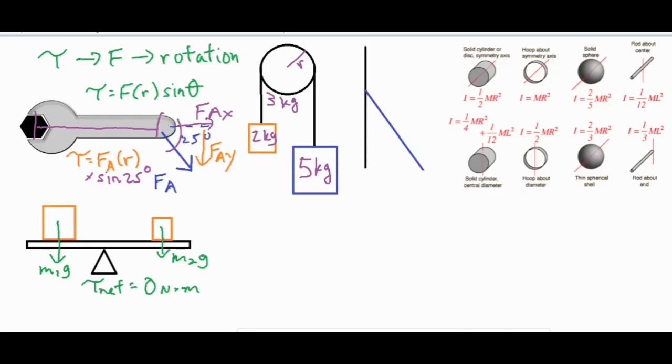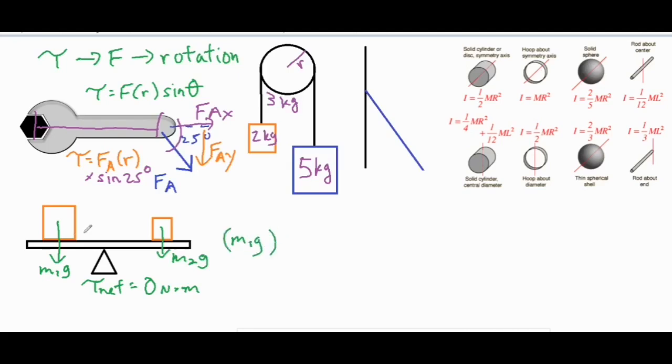But since this one is static, we have two things that are causing a torque that are canceling each other out. So this force over here is attempting to rotate this plank clockwise. And this force over here is causing a torque, causing it to rotate counterclockwise. And then those two forces would be canceling each other out. So we know that